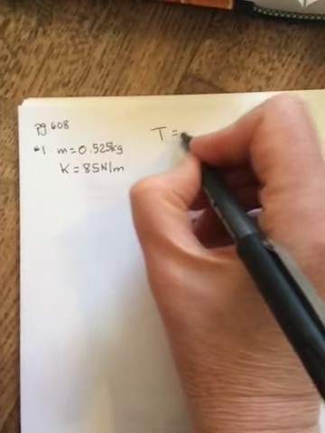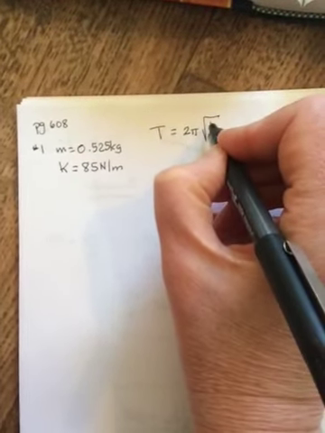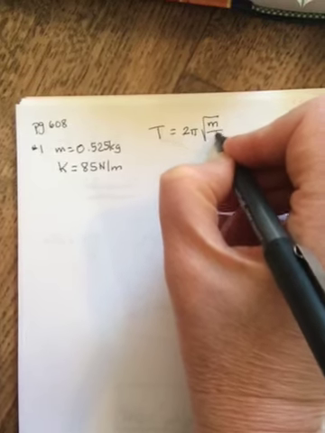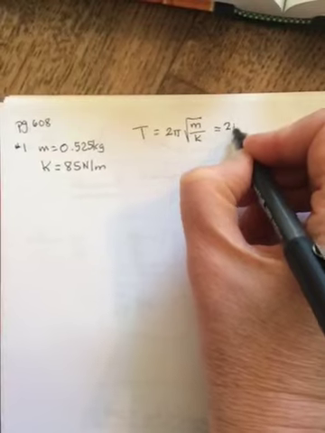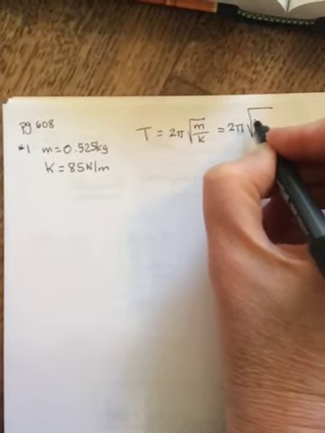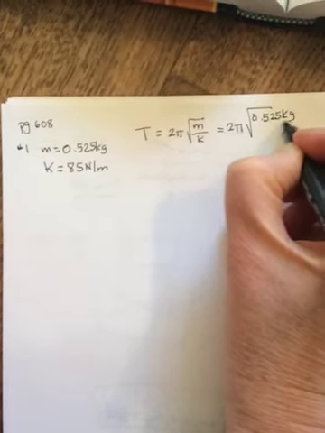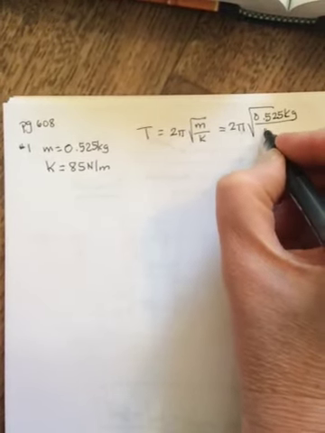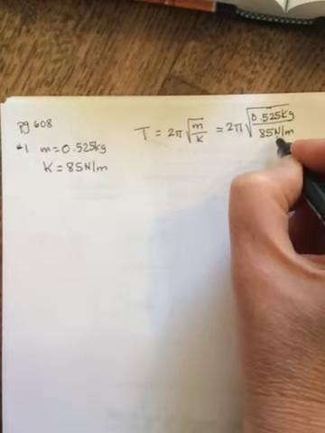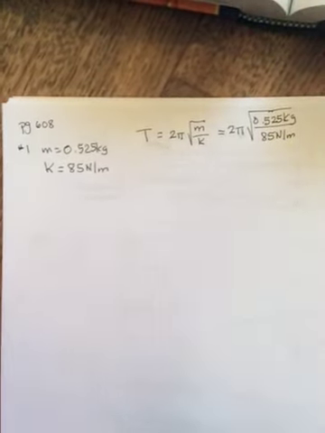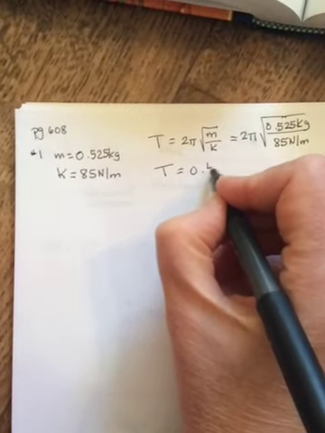So it's just T equals 2 pi root, and then you have to pause and ask, is it M over K or K over M? Because that's the most common mistake I find with students, and it's M over K. So 2 pi root, M is already in kilograms, 0.525 kg, it always has to be, and K is 85 newtons per meter. The reason the M has to be in kilograms is because of the newtons. There's a kilogram inside there. So T is equal to, when you do the math,